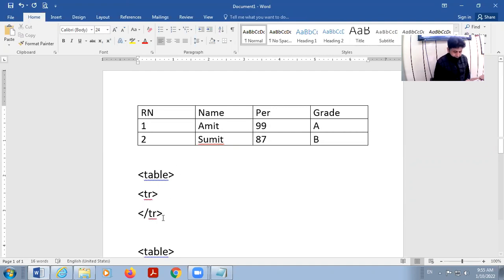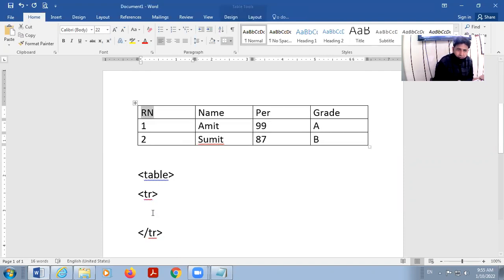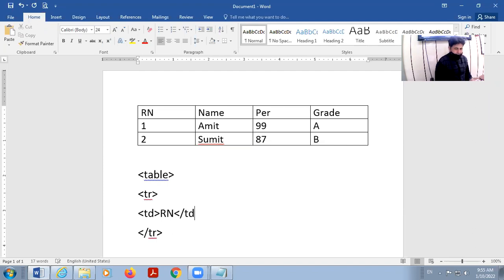Now inside the TR tag, I have the first row here. I want to display roll number, and for this I will have to type TD, table data. TD stands for table data. I type here roll number, and then I close TD. This is the first cell. Now in the second cell, in the same row, again TD, name, and then TD close.